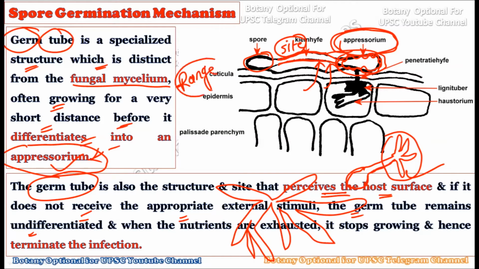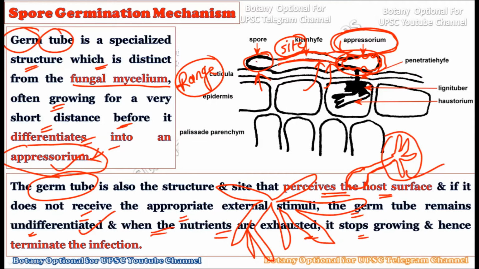Okay, so here after the germination of this spore, the germ tube is going to test the plant, whether the plant is suitable for this infection or not. If they find this plant very suitable for the infection, then and only then there will be the formation of the appressorium. And if they find no signal from the plant, and they are not finding the plant suitable for the infection, then here the formation of the germ tube will stop, and there will not be any formation of